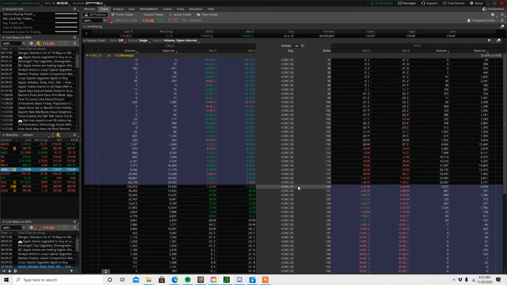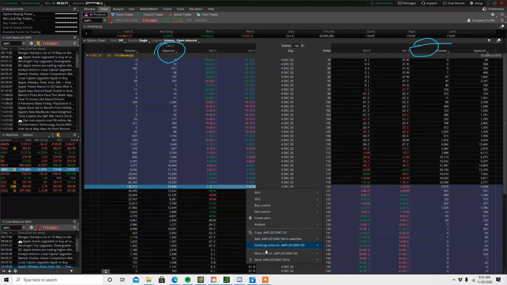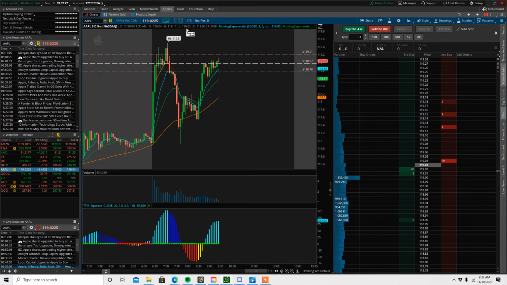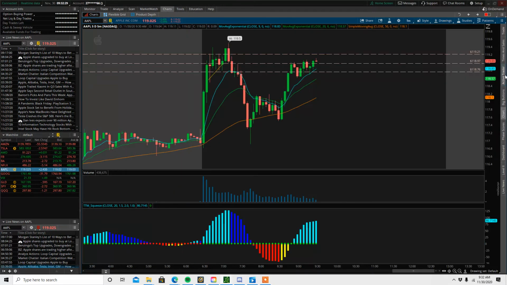And let's say I want to trade the 120 strike. If you don't already know, this is calls. This is the put side. So I'm buying a call. So let's say I want to buy the 120 strike. I would right click this and go to send and send it to the color that coordinates with my active trader. Now, to set the color that coordinates, you're going to need to go back to your charts, close this active trader,